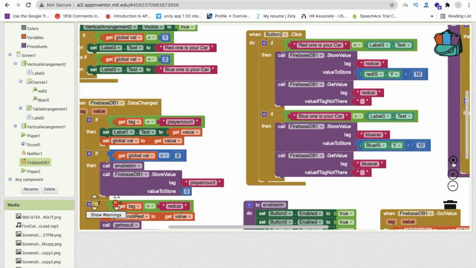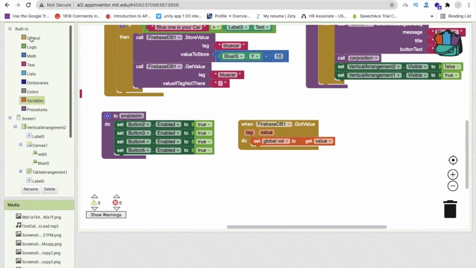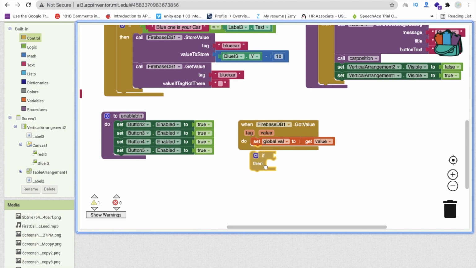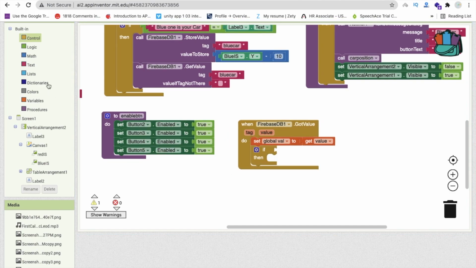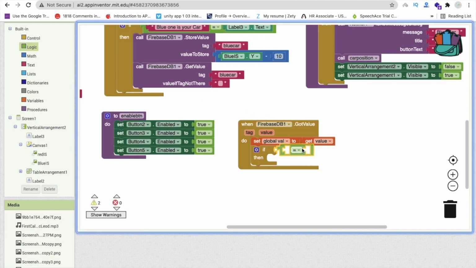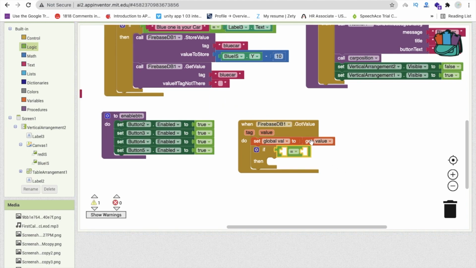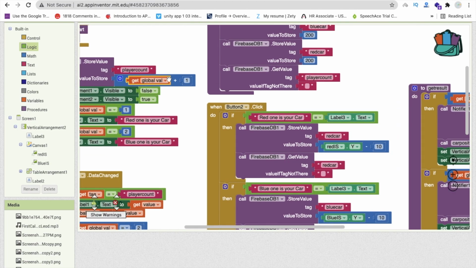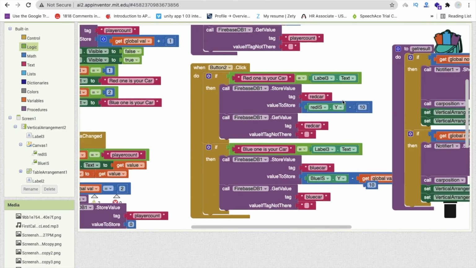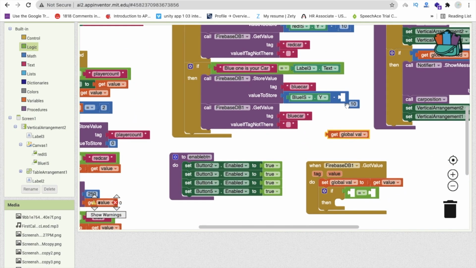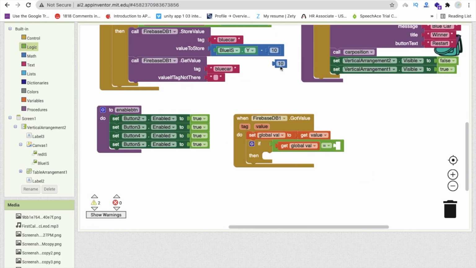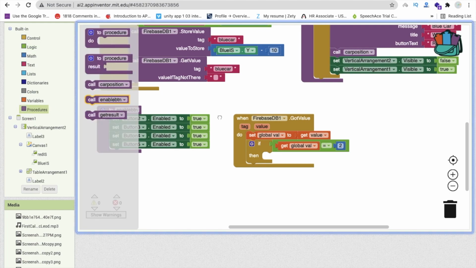So let me just make it here like this one, and we have to use a control if condition like that, and we have to check the condition like logic equal, if the get value, it means that one. Now for the global get value, we need to go here, or you can get it from here also, like this. Sorry. Whenever we get the value, if the get value is equal to 2, this one, then we will enable our button. So we have to call this procedure here, click on enable button, like this.